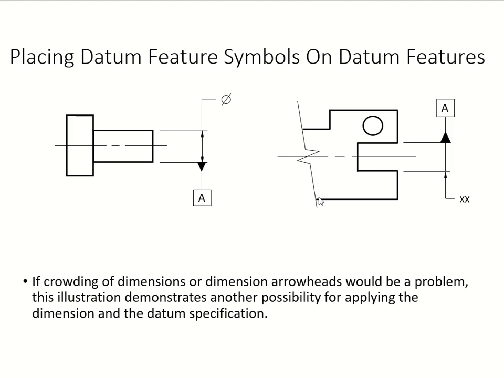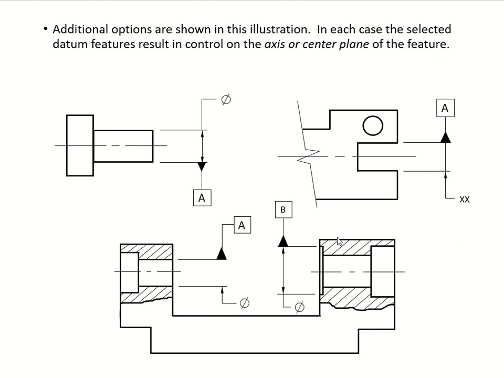If you don't have enough space, of course, we're going to shorten it, which is this one. I already told you how to shorten if you don't have enough space to put it. So we're going to shorten it, and then here's the axis for this hole going into it with a depth inside of this part, and here's your datum feature symbol right there. Each of the examples here is dealing with axis, axis, axis, and axis. So therefore, the datum feature